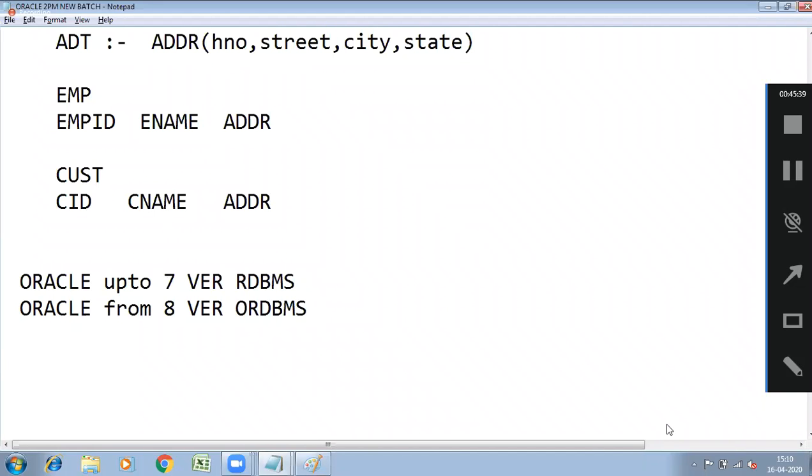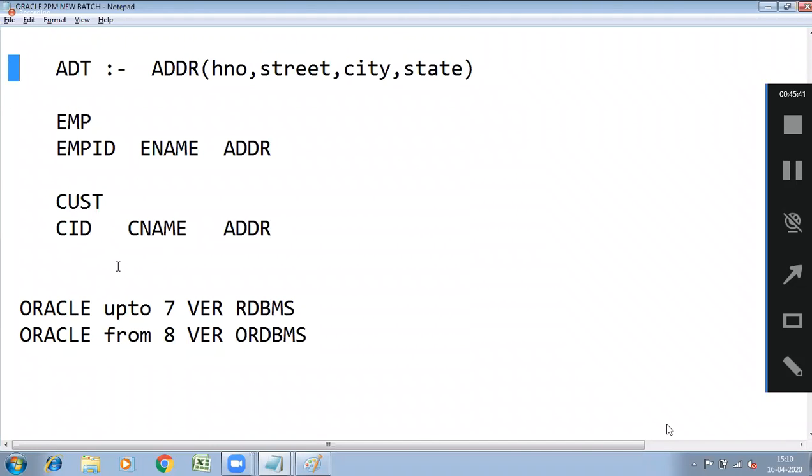In which version is this ADT concept introduced? It is introduced in version 8. So that's why, starting from version 8, Oracle is called ORDBMS, while before version 8, Oracle is called RDBMS. That's all.